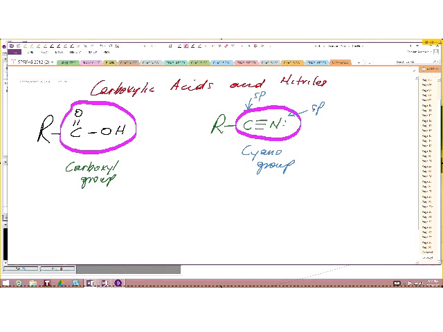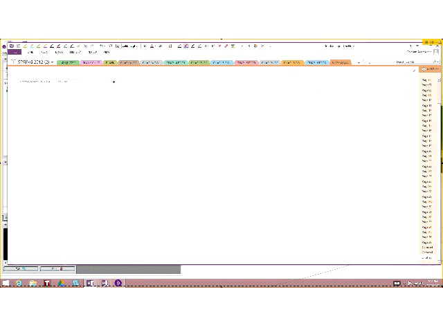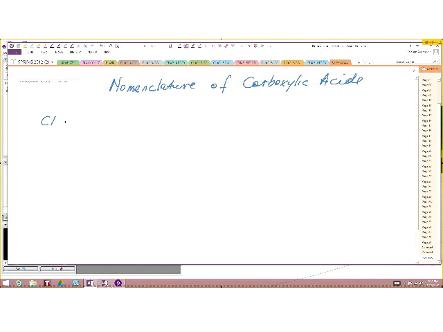So at this point, let us look at some specific examples and then begin to discuss the nomenclature of these two classes of compounds. Let us start with the nomenclature of carboxylic acids. If you take a look at one of the simplest carboxylic acids, this molecule here,